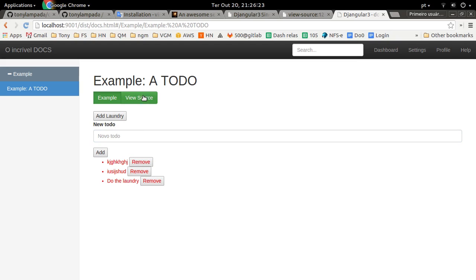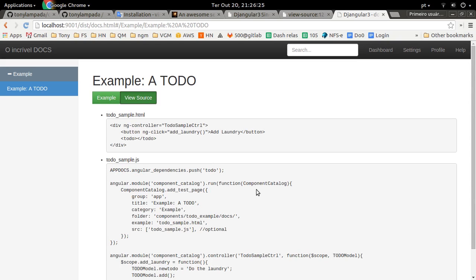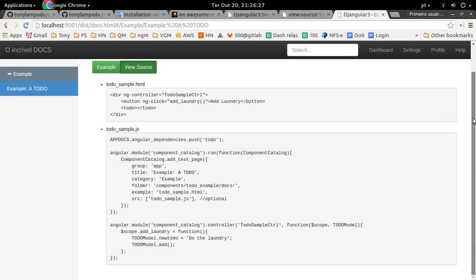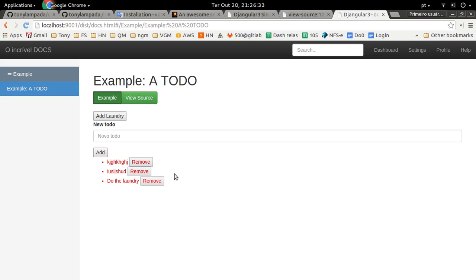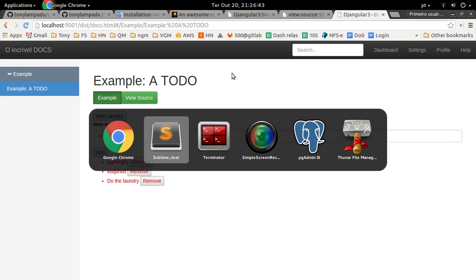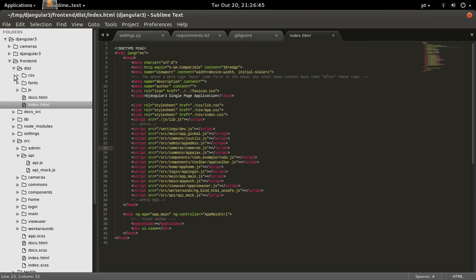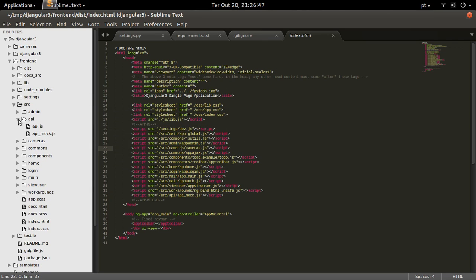And it can actually view the source code that was used to produce this test page. So this is a test page for a new component which is called to do, and it's very easy to go here and add a new test page for a new component. So let me show you a quick example how to do that. I'll just